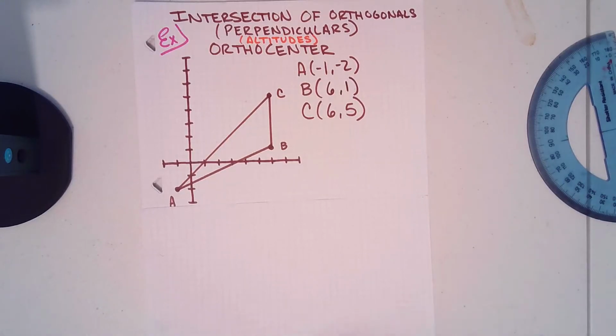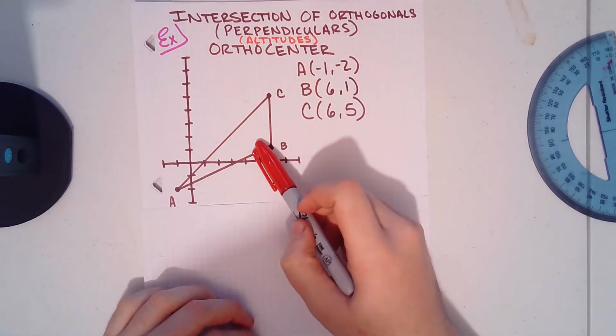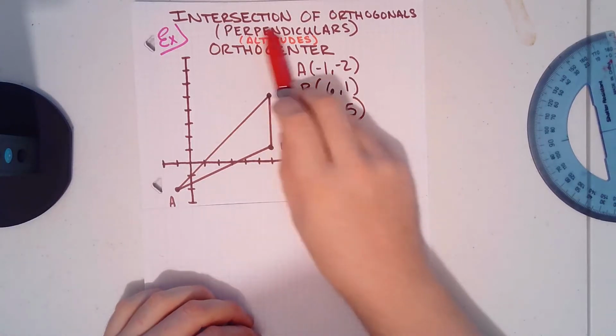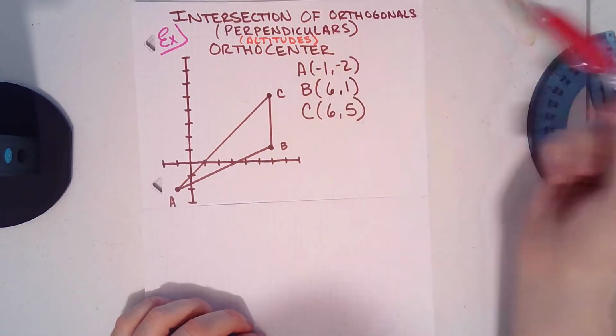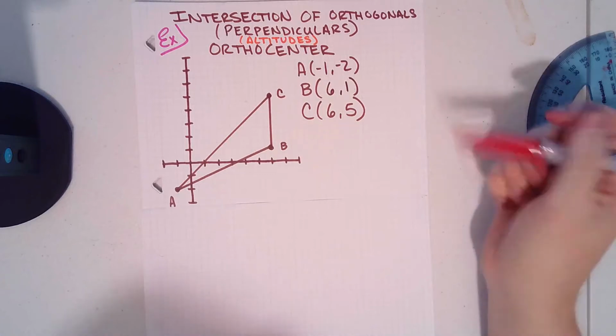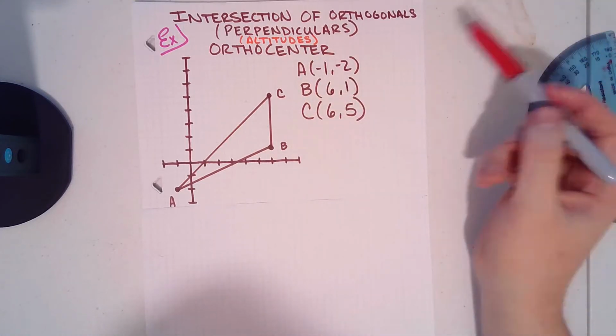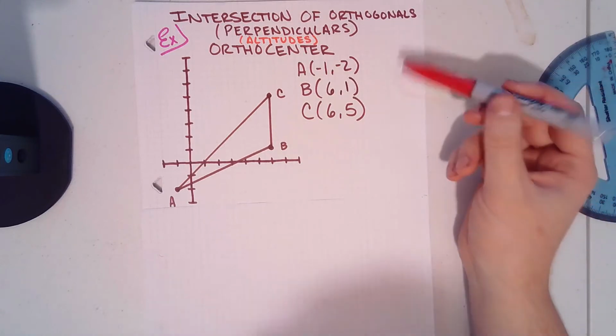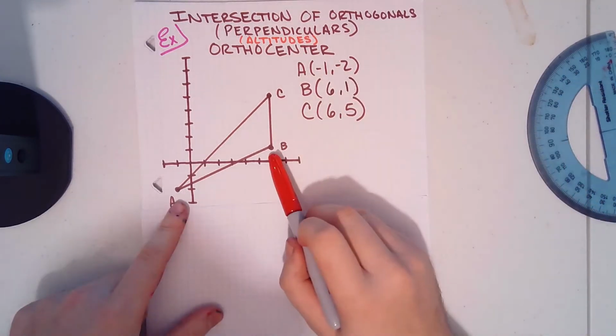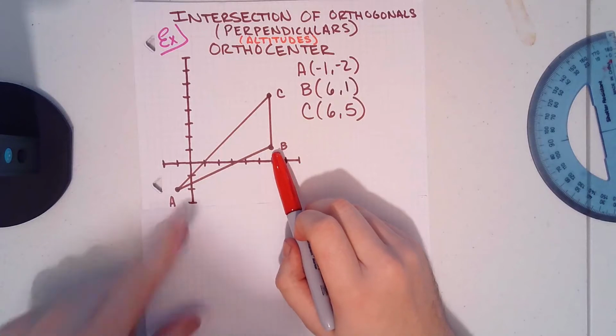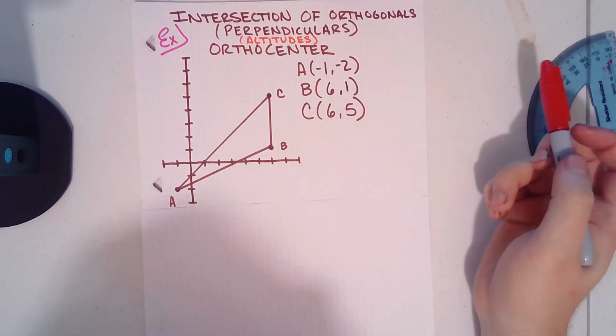So in this example, we want to find the orthocenter of the triangle. The way we do that is we find the intersection of the orthogonals, perpendiculars, altitudes, whatever you want to call them, and where they intersect will be the orthocenter. So in order to find the altitudes, we have to look at these coordinates between these points and find where the